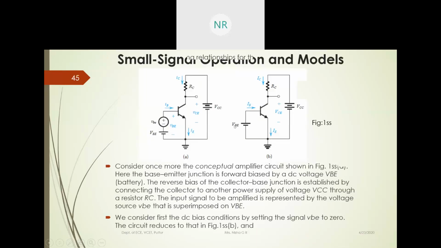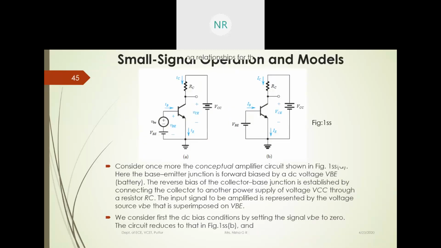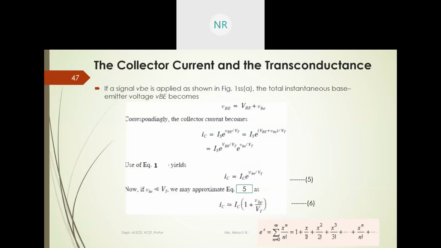That is, if we apply KVL for the output loop, Vcc minus IcRc minus Vce, or Vc, is equal to Vcc minus IcRc. Four equations, and then they are going to get the equations for the collector current, that is for the first figure, that is instantaneous. What is the instantaneous collector current value, the instantaneous base current value, the instantaneous emitter current value, and depending upon that they are going to calculate the transconductance, and the input resistance with respect to the emitter terminal and the base terminal, all these things. So first they are going to calculate the collector current and the transconductance.